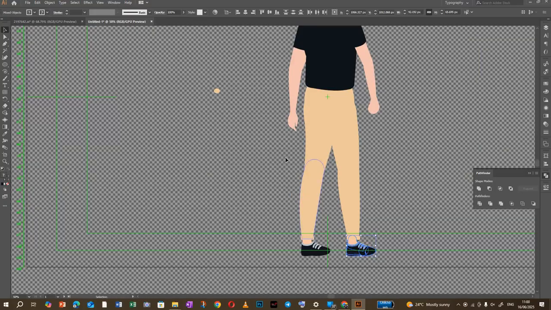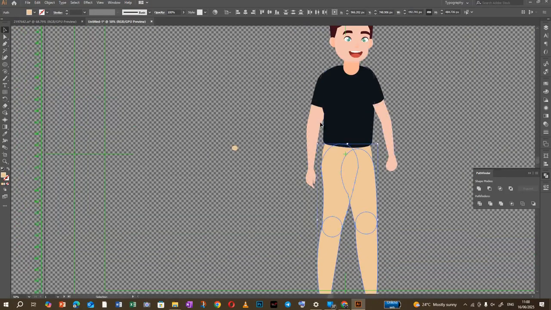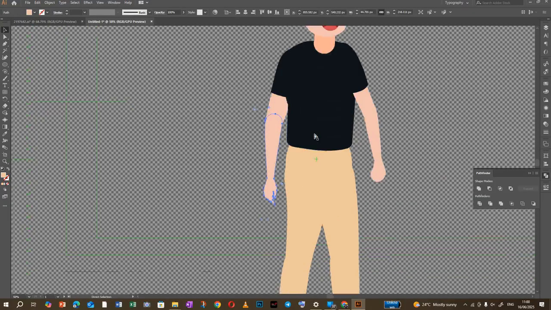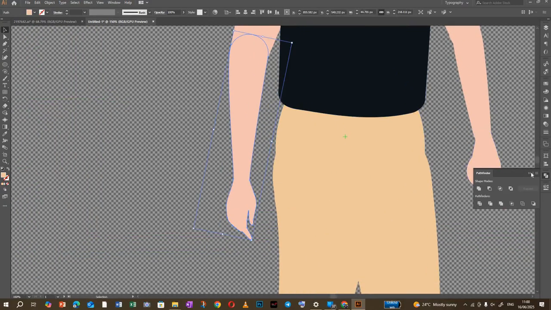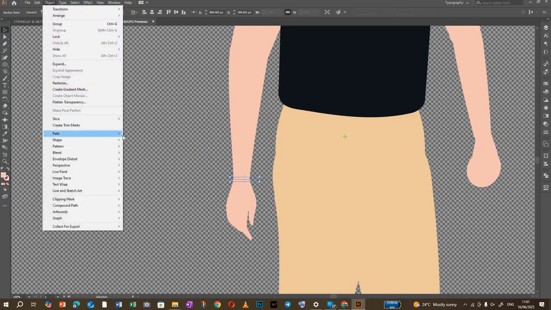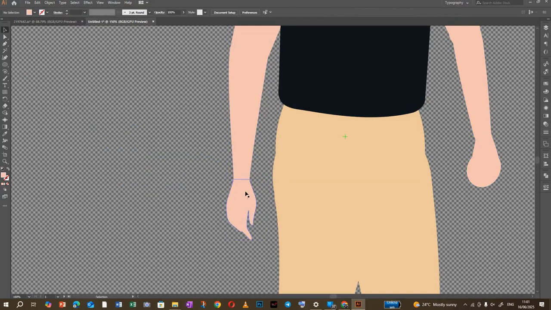Is there anything remaining? These are okay. So here, you are ready to do it. Oh, this one has to also change to this. This has to change to this. So I'll just cut here. I'll use the pen tool and cut at this point. Object, path, divide objects below. So here,